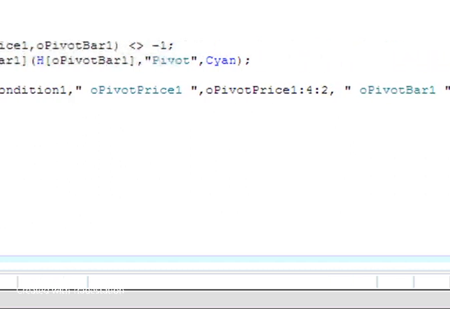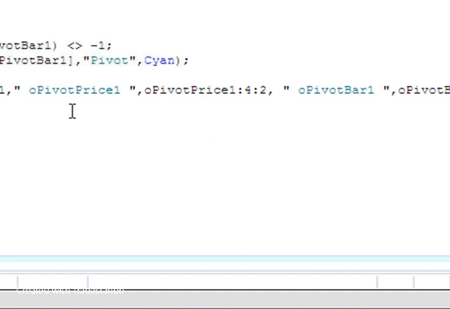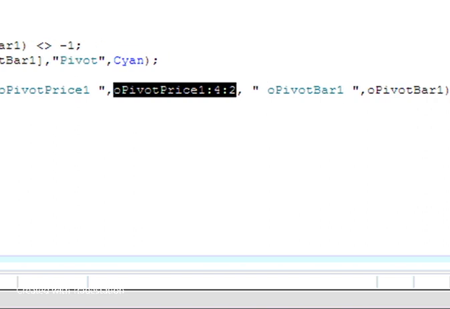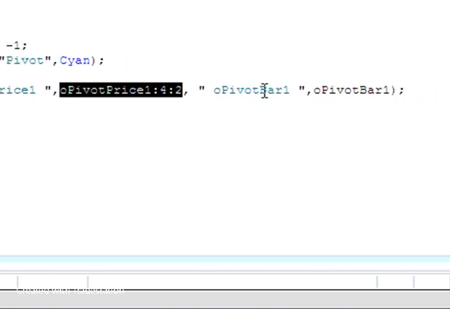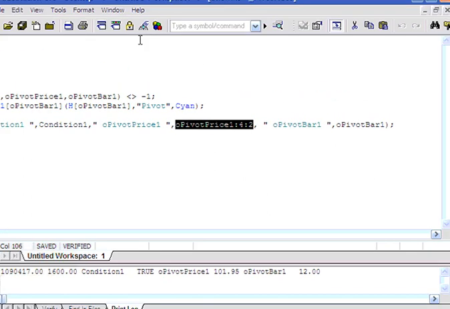And if it has, based of course on the inputs that I just showed you a moment ago, we're then going to print the price, which is here, and the 4 and 2 just means 4 integers to the left of the point and up to 2 decimal places. And then we're going to print O pivot bar, and that's going to tell us the number of bars ago that the pivot occurred. So let's just go back to the chart,